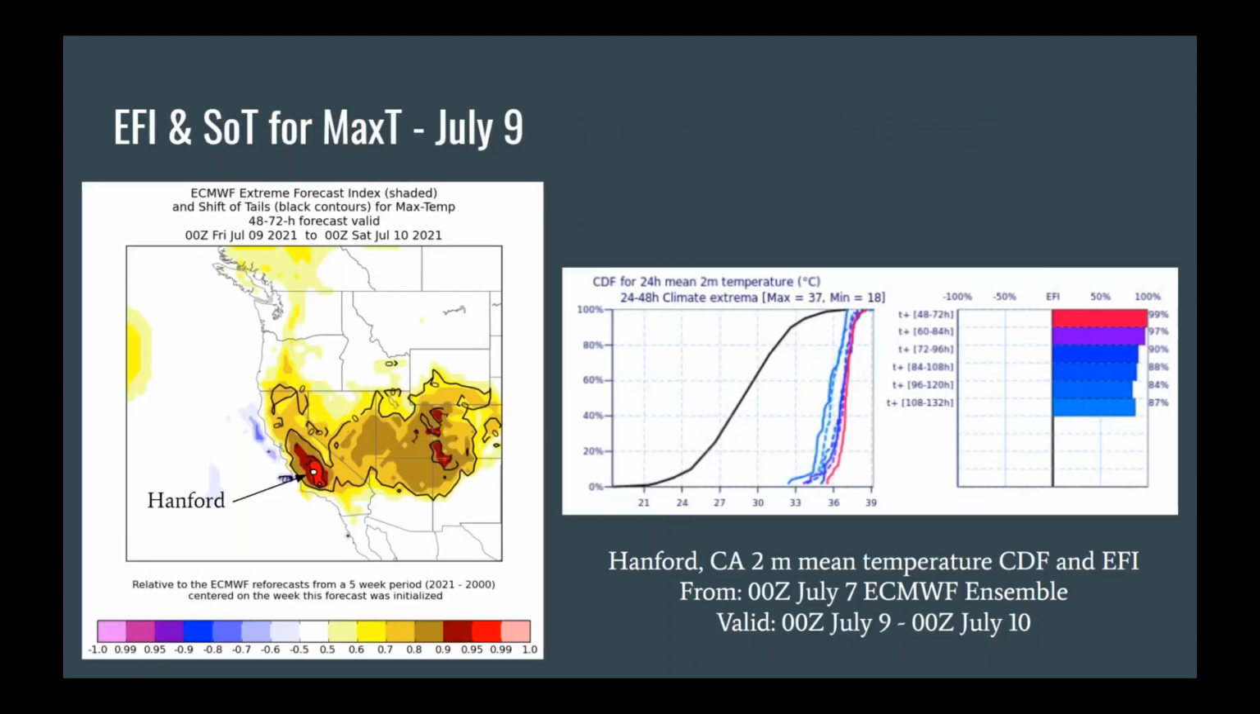So let's take a look at some of that EFI data for this Western US heat event. I've just looked at the Western US here. There's various different domains you can select, similar to the cluster data. You can just select the Western US or Central US. Here I've got one of the points labeled Hanford, and if you go to the ECMWF Open Charts website, you can pull up these really cool graphical displays of the CDF of the ensemble